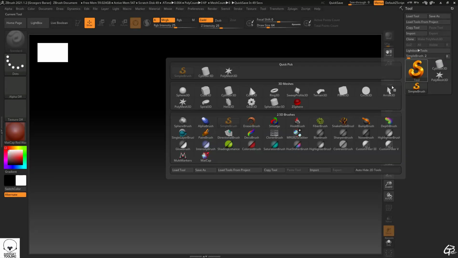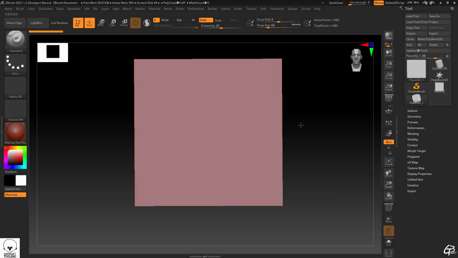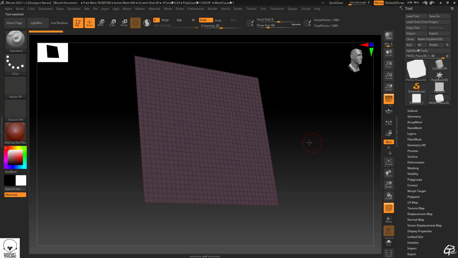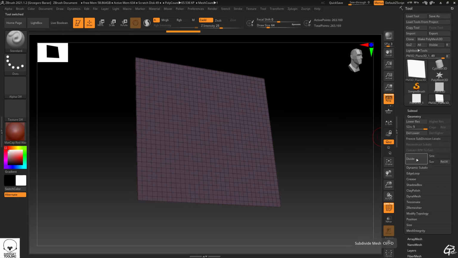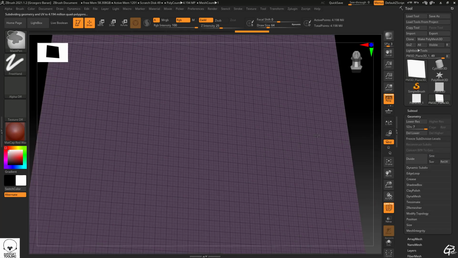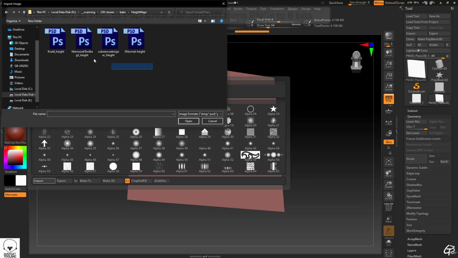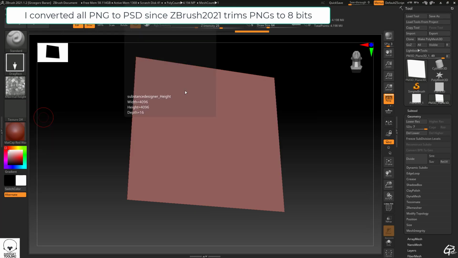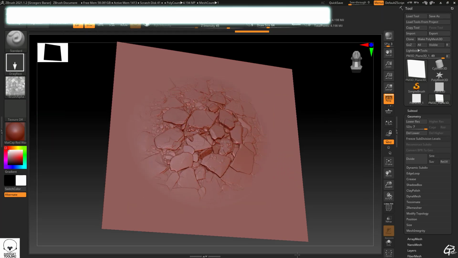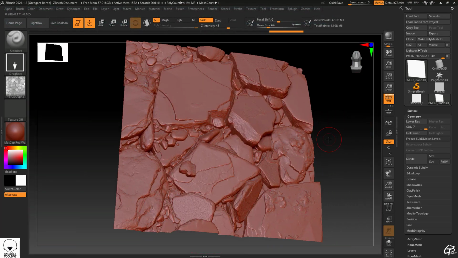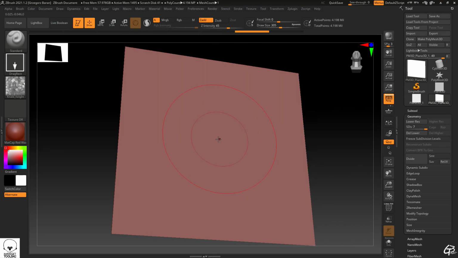A good way to test the height map quality is to use it as a displacement map. So let's jump into ZBrush, bring a plane, subdivide it so it's dense enough to drive height information, set the stroke type to drag rect, load our 4 height maps and use each as a stamp to check out the surface response. The one generated with Substance works totally fine and brings all the details to the mesh.